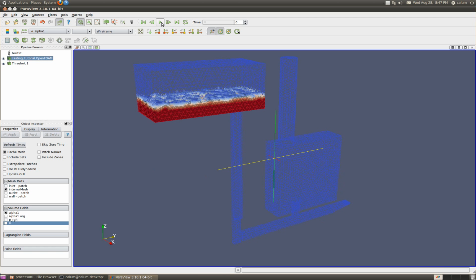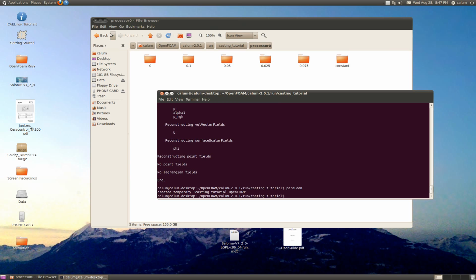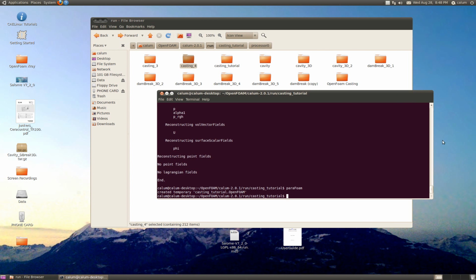Then I'm just going to play it, which is not going to be very interesting because we've only got 4 time results, but yeah, so it works basically. What I'll do is I'll just briefly show you the full simulation because it looks a bit more interesting, and it's a bit lame just showing that. So that was casting 4, so